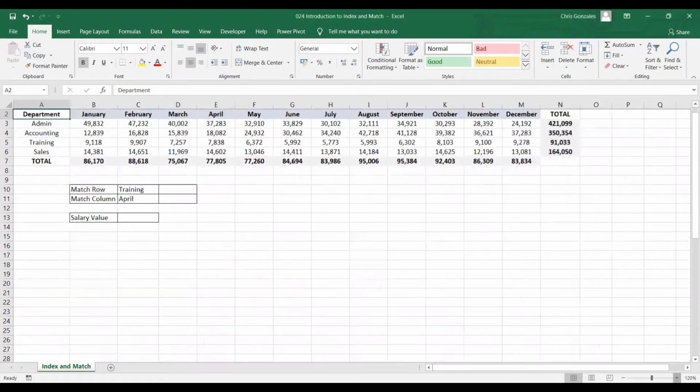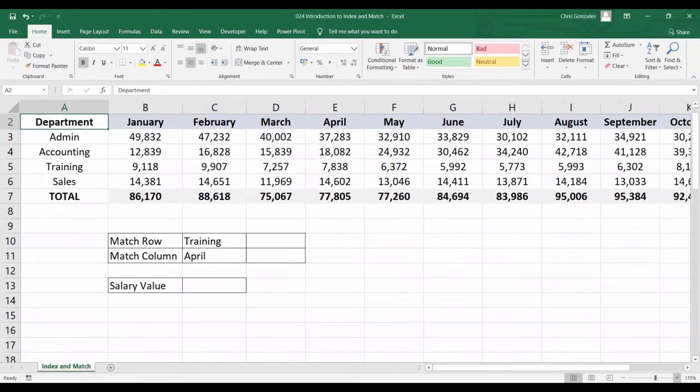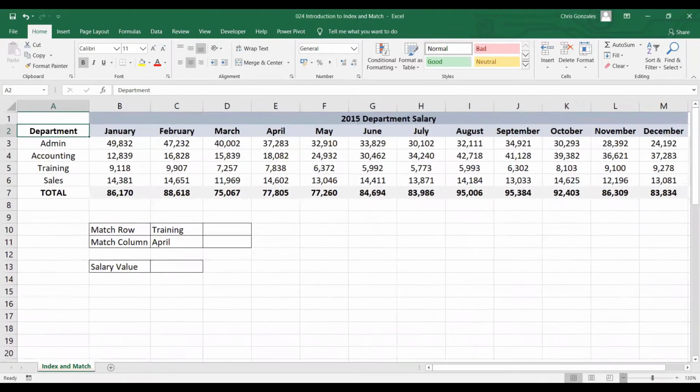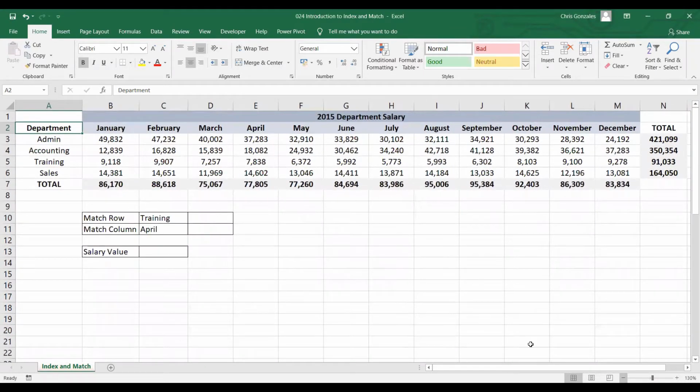Let's talk about the basics of INDEX and MATCH. So when do we use INDEX and when do we use MATCH? Let's start with the MATCH function. For the MATCH function, the objective is for us to provide the data that we want to look up. And the output of MATCH is the exact location based on the per row or per column arrangement of your